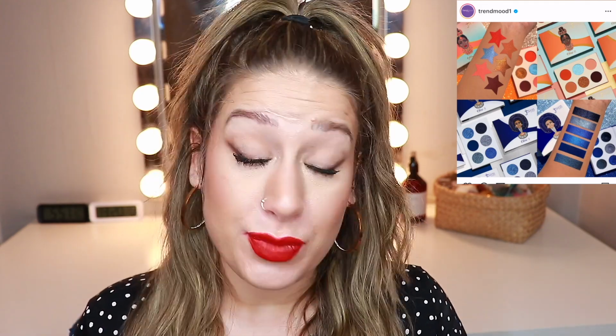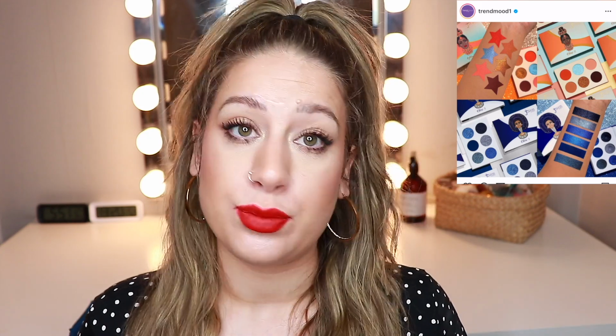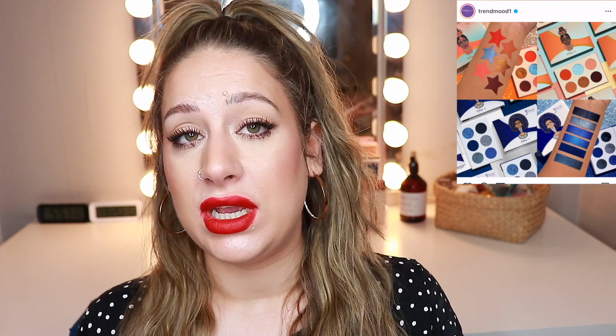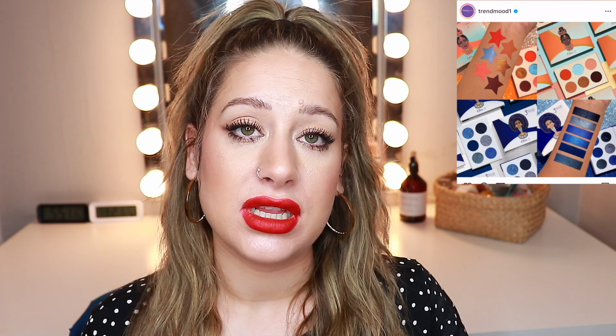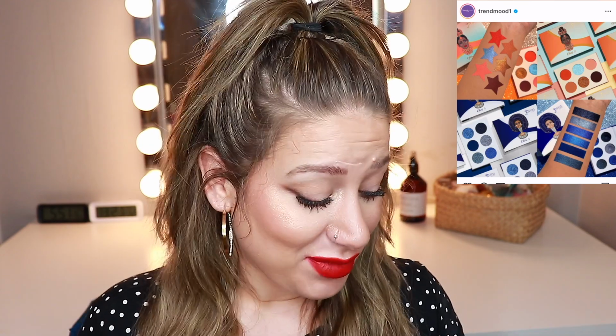If you wanted to pick up the blue palette and you have a fair skin color, you could always blend it with a white shade, or even with a lighter blue, in order to mix it out and blend it out a little bit, or just really work on your blending. But to me, it's nothing unique, it's nothing fun, and it's not something that I am interested in picking up. So here we have something from Nabla, and this to me is just,